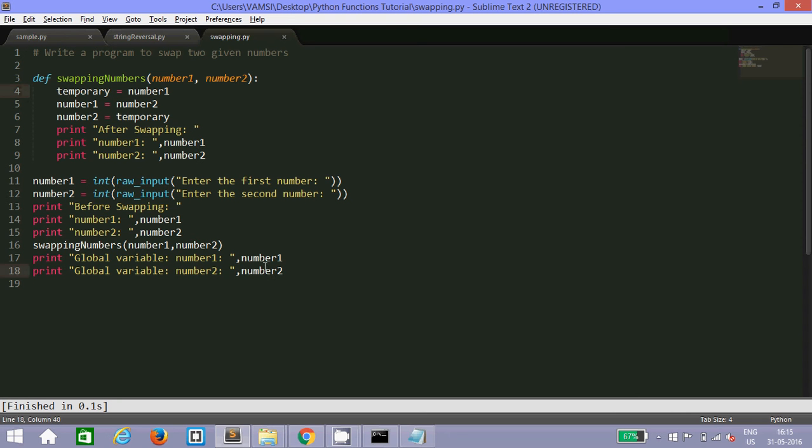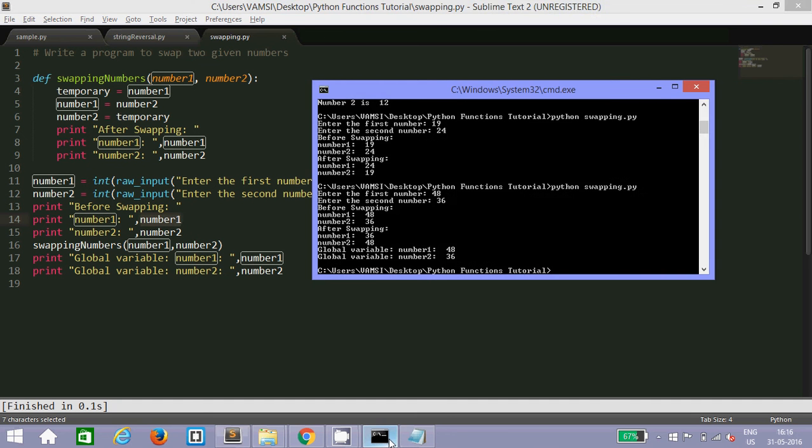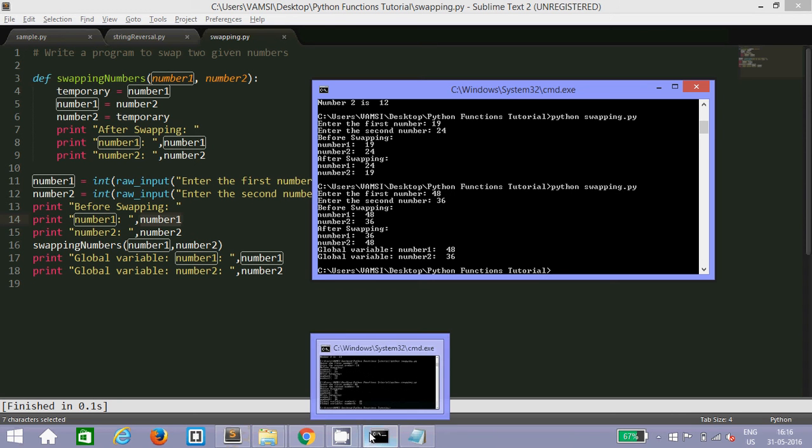Once the control comes out of this block, it is again going to take the old values that are stored in the variables. That is, before swapping, the value that is stored in number one was 24, sorry, it was 48, and the value stored in number two was 36. So that is the reason we are able to see the same values again here. The reason is these values were changed only in a particular block, but not outside of the block. This is a special